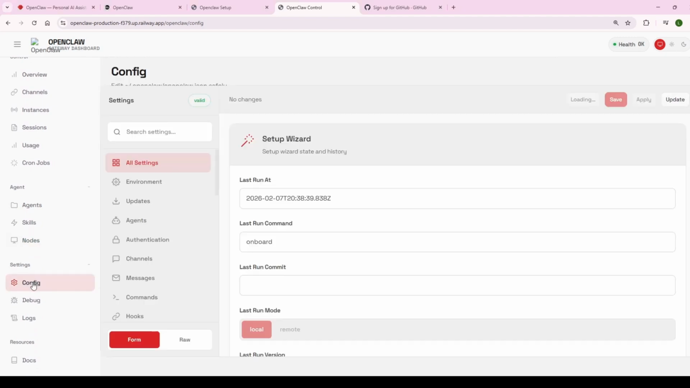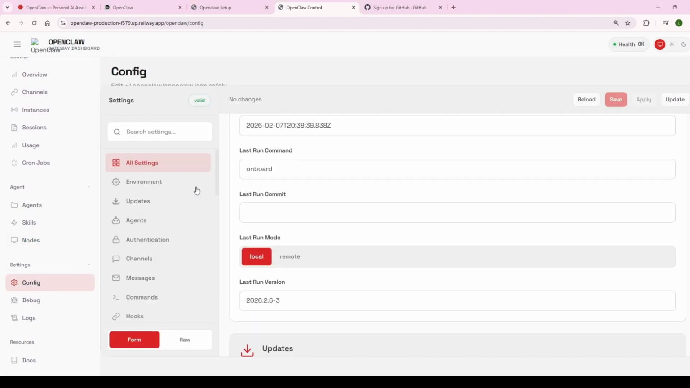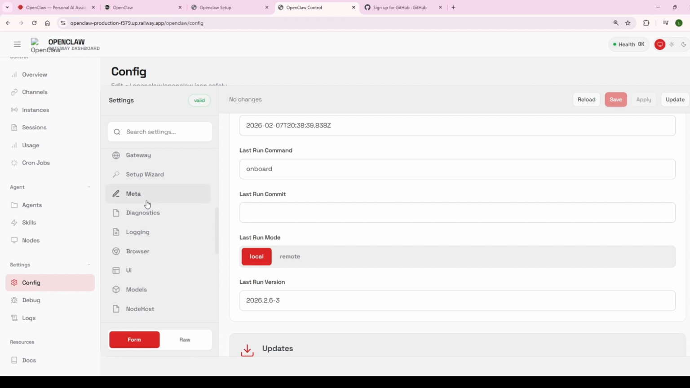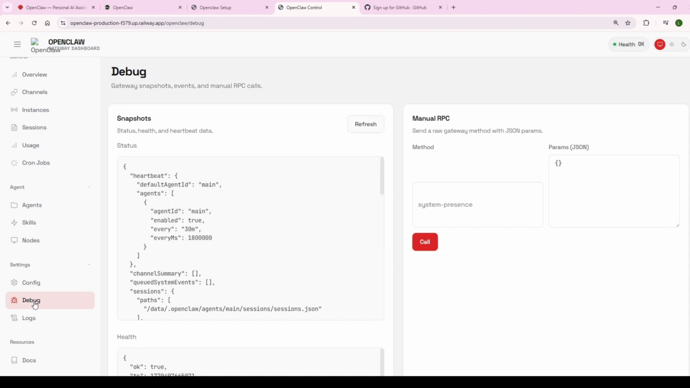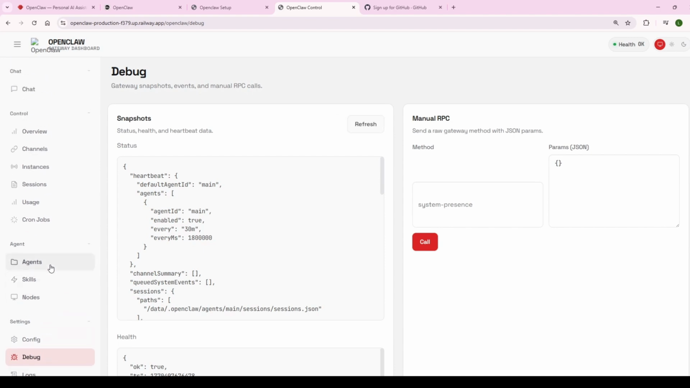Then we have configuration. Also pretty interesting. There's so much in here. I think it is one of the more amazing things I encountered in the generative AI space since quite some time, I have to be honest. Then we have debug. We don't need to go over all of these. But here